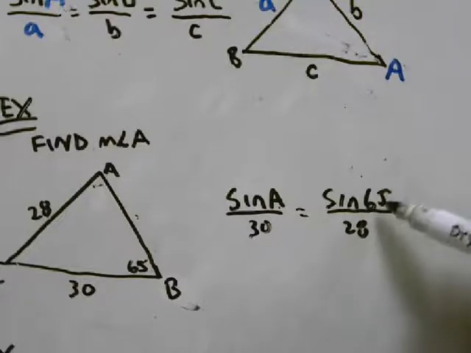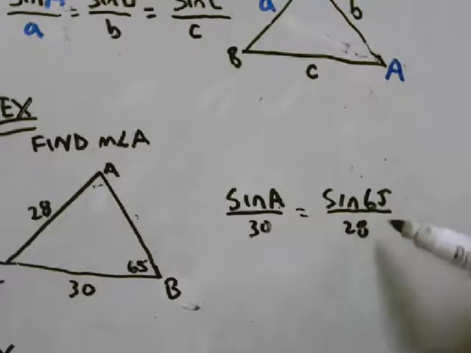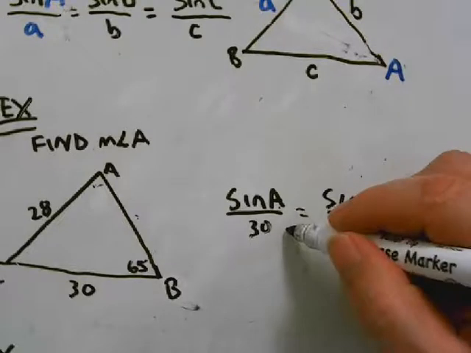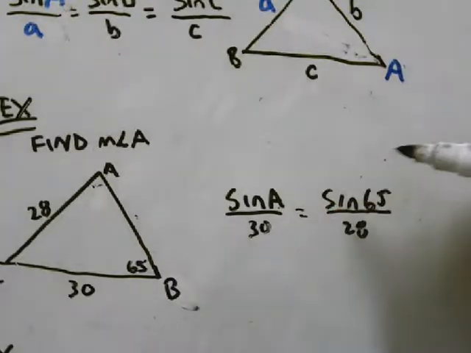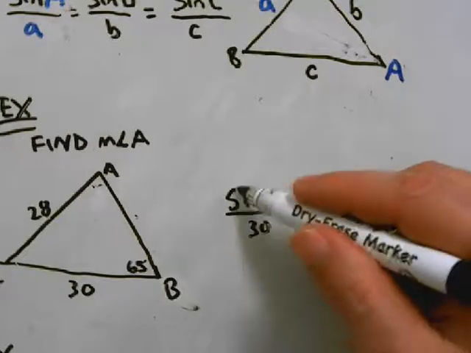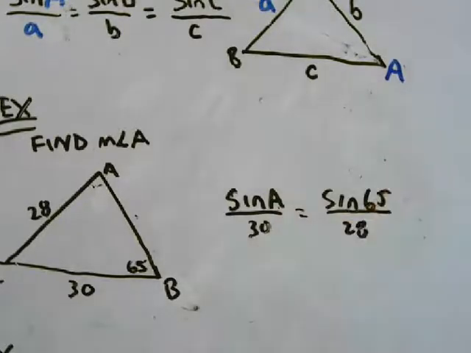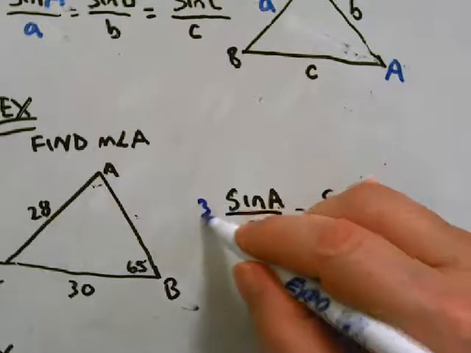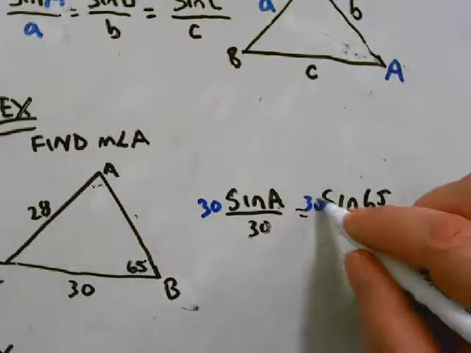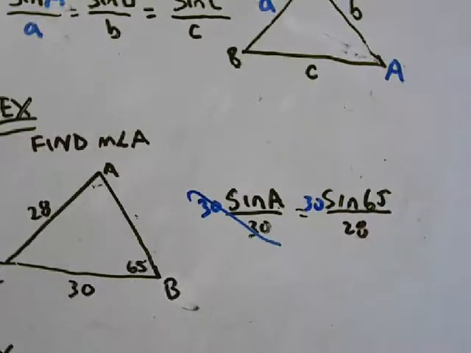Just cross multiply. And in this case, really, to get this alone, we're not really going to cross multiply. In this case, we would just multiply both sides by 30. And put that whole side in the equation. So that's a little bit easier. So sine A,